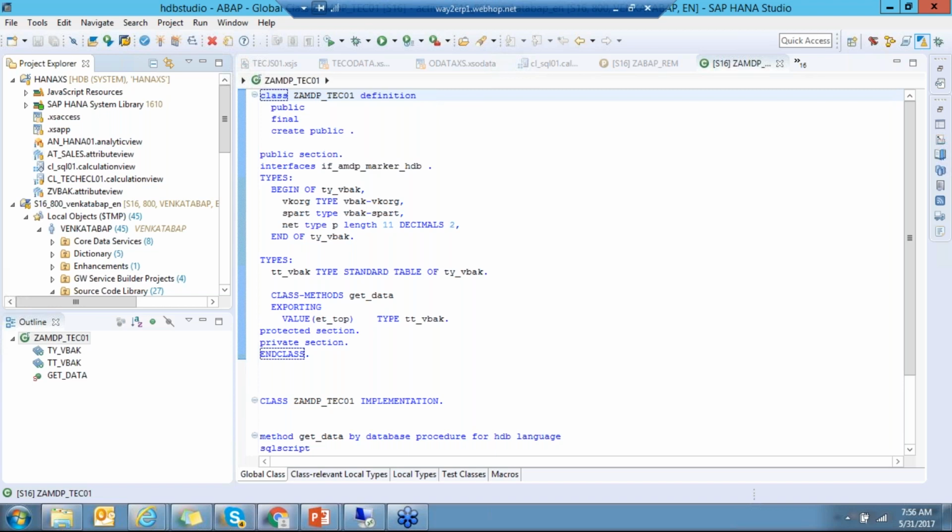My question is about HANA. There are two CDS views available, core data services. One is ABAP core data services and another is HANA core data services. Is it something to do with this sidecar approach? The sidecar approach depends upon the architecture and how you are defining it. In the sidecar approach, you can develop HANA CDS only, because we have a separate HANA DB. If you have a primary database HANA, then you can develop ABAP CDS.